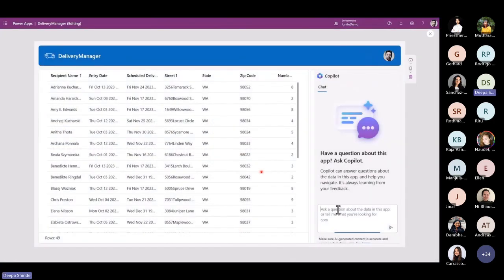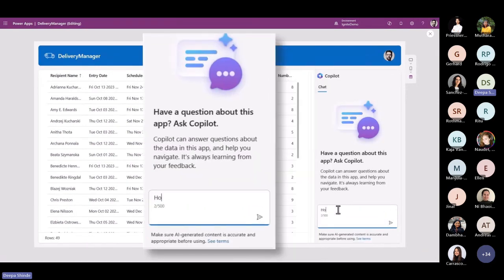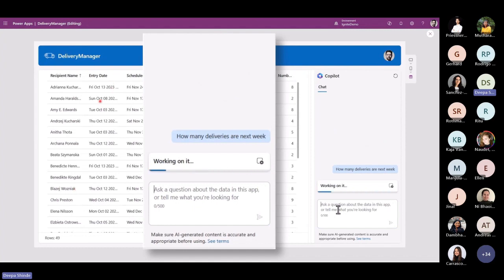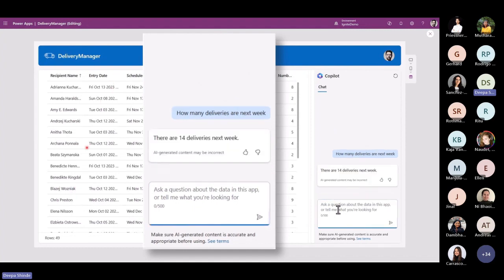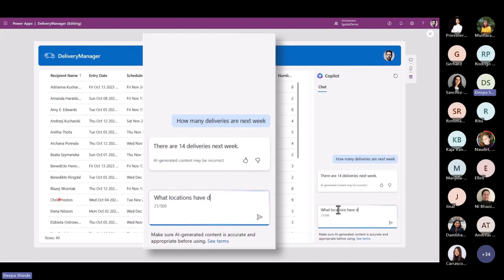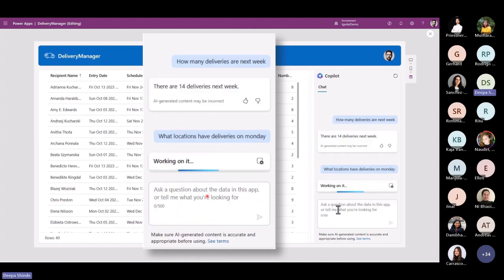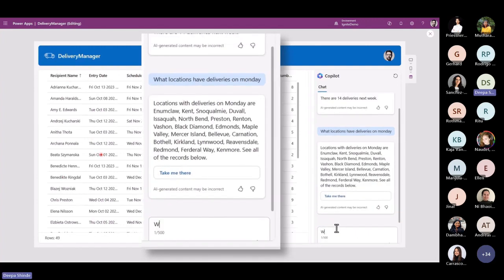Now, this is one of the last videos that I want you to see, because again, it's quite powerful. What it does here is, there's a Power App here. Let's say some of you build a Power App which has a list of people who need some help with something. And then what Copilot here is doing is basically looking at this data set and answering questions, for example, in this case, where the deliveries are supposed to be made.